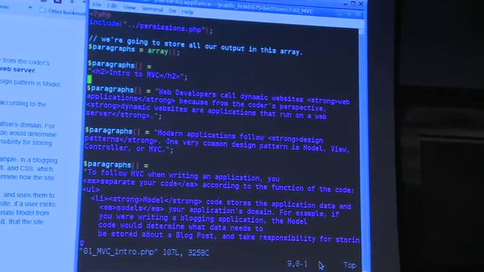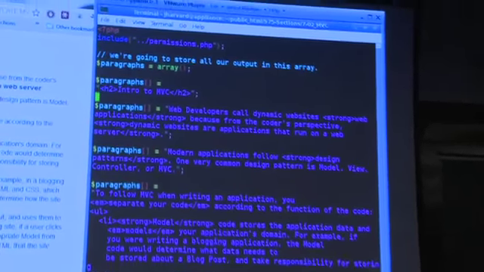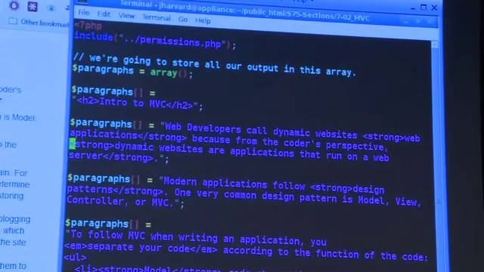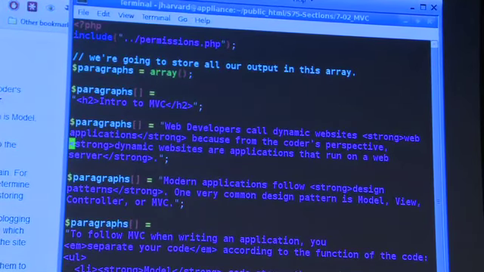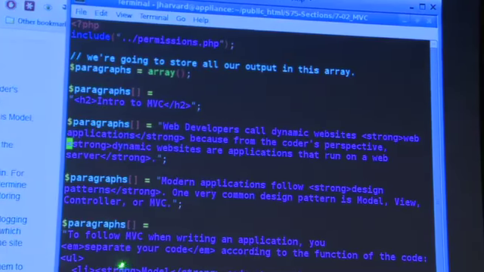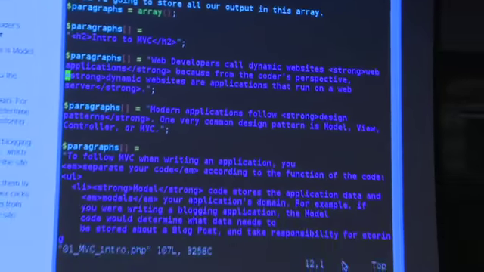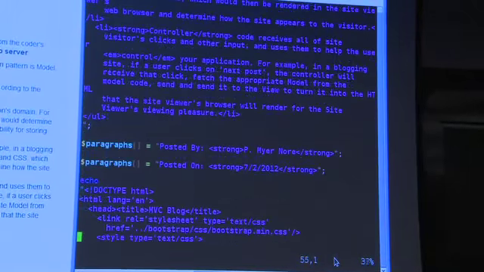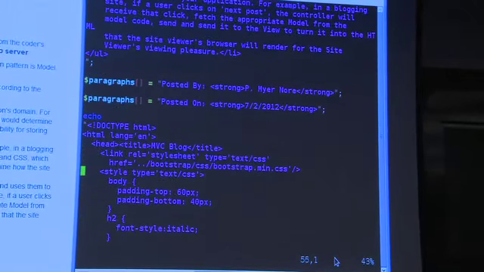Here I enter all of the content into an array. And up here I define the array, and then what this syntax of an array does is that it appends this string onto the end of the array. So each of these paragraphs is appended to the end of the array,